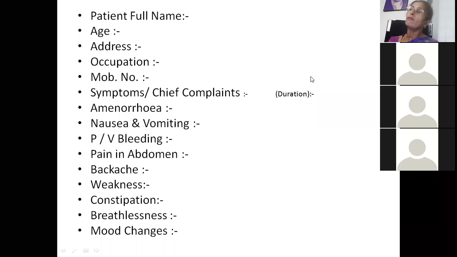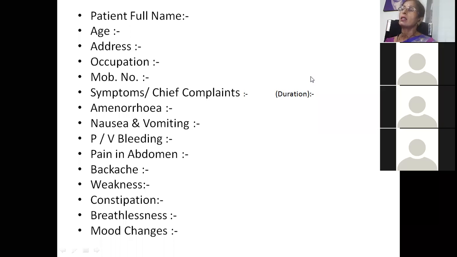But if the female is using any contraceptive, since how many months she has stopped and which contraceptive, because contraceptives also have an effect on the body hormones. So if oral contraceptive, since how many months you have stopped, or injectable, then you must know which contraceptive is used and since how many months the contraceptive is stopped. So in obstetric history, first is how many years back she is married, history of contraceptive, and then comes the